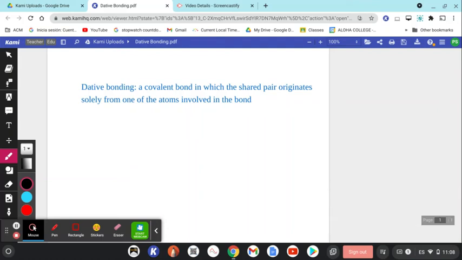Today we're going to be looking at dative bonding, which is another type of covalent bonding, in which the shared pair of electrons originates solely from one of the atoms involved in the bonding, as opposed to normal covalent bonding, where the shared pair originates from both the atoms involved. Now, we're going to look at some common examples that come up in the IB exam, the ones to look out for. So, let us start with carbon monoxide,